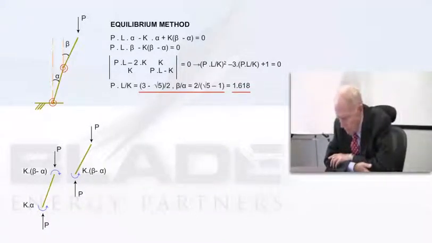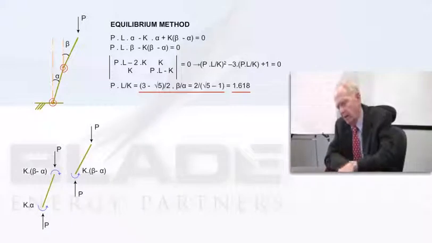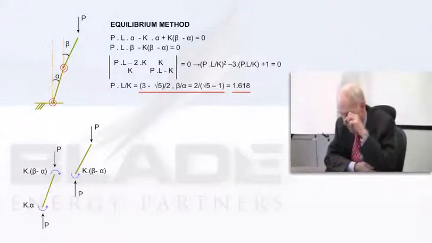The shape means that when we buckle at that load, the relationship of alpha to beta is, as indicated, 1.618, and that would correspond to the buckled shape. And that's the way something like this works. It's essentially an eigenvalue problem, with the load being the eigenvalue, and the beta and alpha then are the corresponding mode shapes. If I use an energy method on this,